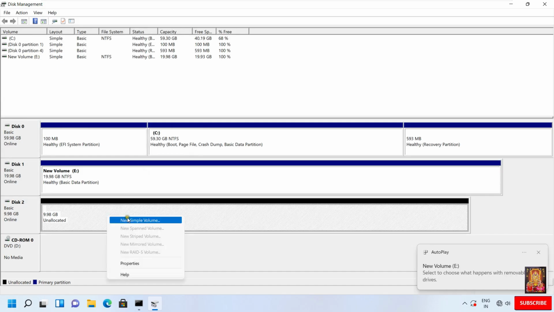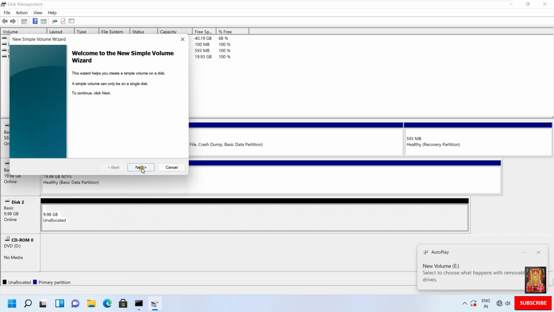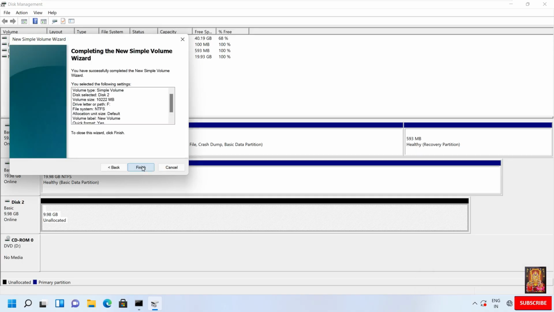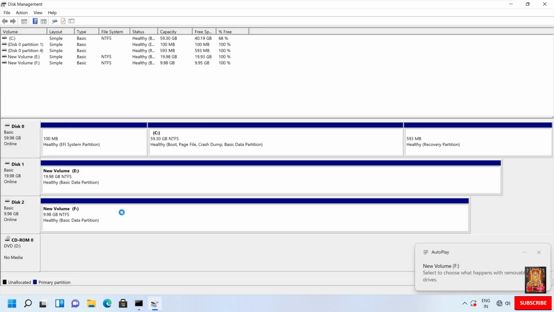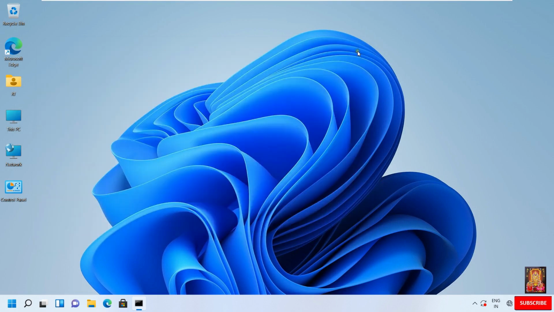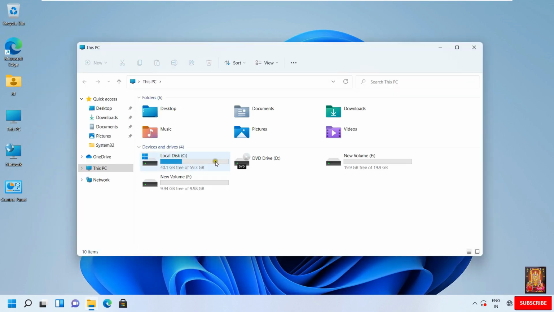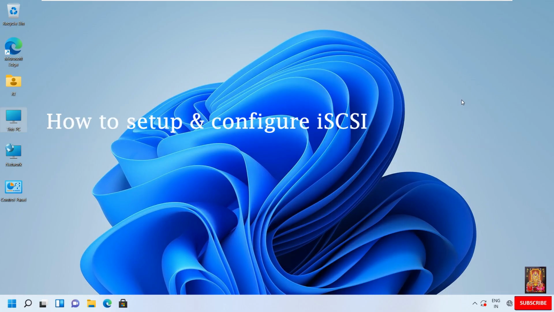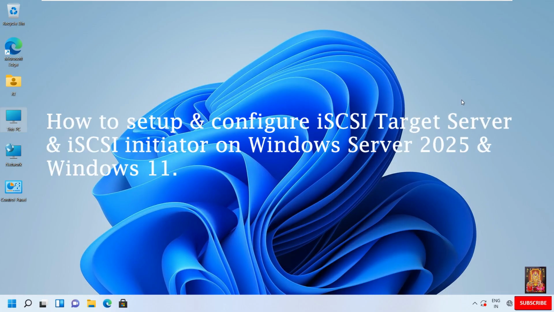Right-click on Disk 2. Select New Simple Volume. Click Next. Click Next. Click Next. Click Finish. Now both disks are formatted. Let's close Disk Management. Close Command Prompt. Double-click on This PC. As you can see, both disks are connected. Click Close. So viewers, in this video tutorial you can learn how to set up and configure iSCSI Target Server